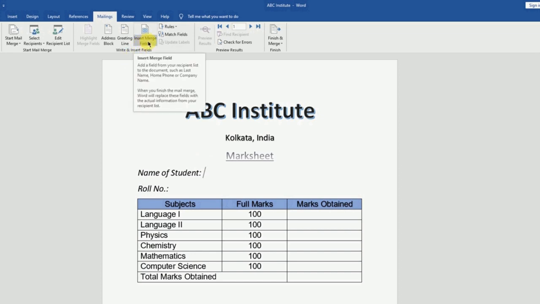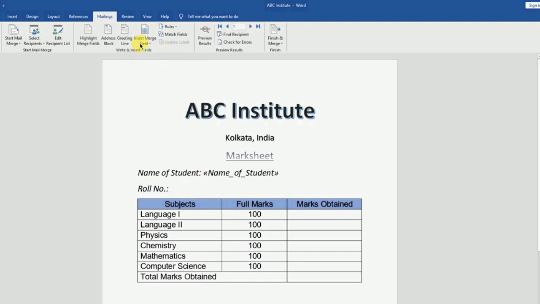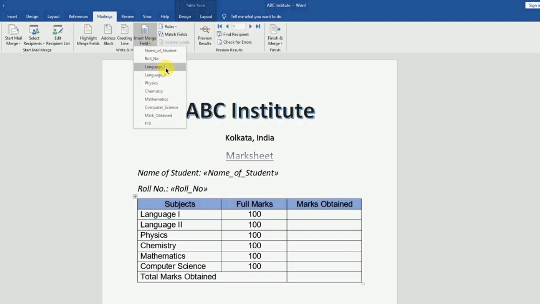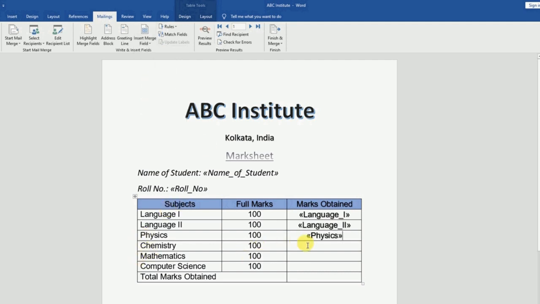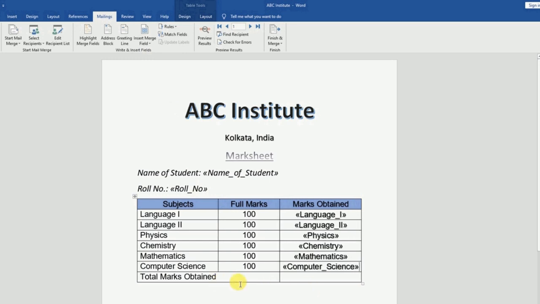go to Insert Merge Field in the Mailings tab. First I will put here the name of the student, then roll number, then language 1, here we will see the marks, language 2, physics, chemistry, mathematics, computer science. Next, total marks obtained,